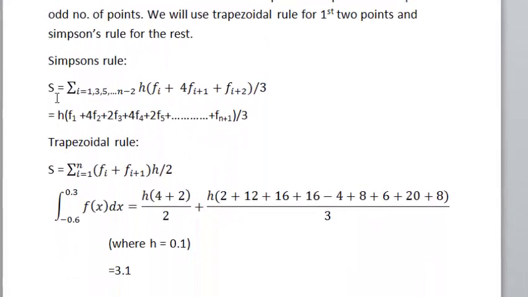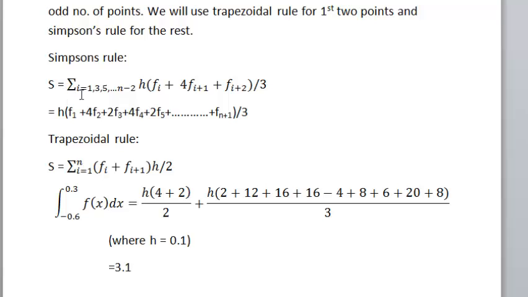According to Simpson's rule, S is equal to summation over i equal to odd numbers of h of fi plus 4f i plus 1 plus f i plus 2, whole divided by 3. That is equal to h into f1 plus 4f2 plus 2f3 plus and so on, divided by 3. And by the trapezoidal rule, S is equal to summation of 1 to n of fi plus fi plus 1 into h by 2. So for the final integrated value of the integration from minus 0.6 to 0.3 of f of x dx